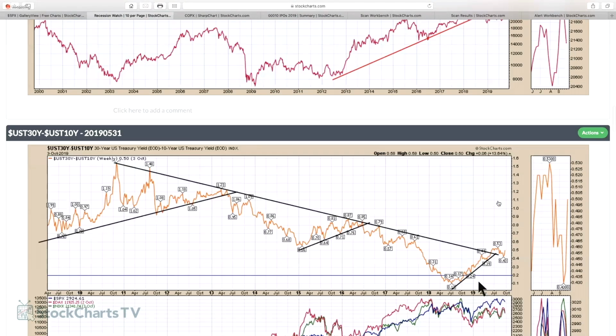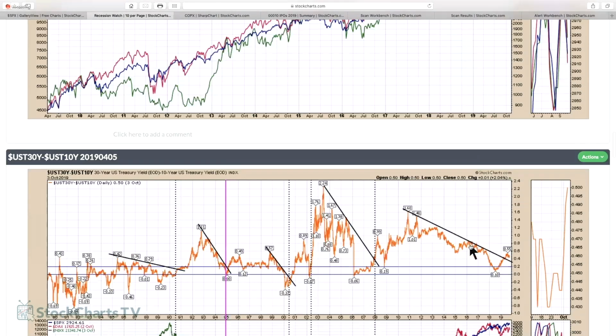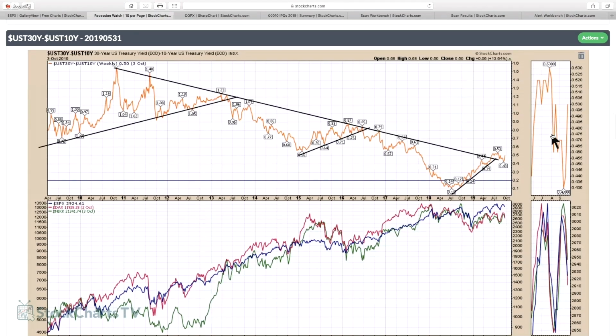I'm just going to speed through those. There's no real data here, but what we were looking for was a break in this big downward trend line, and this starts to spike up, and you can see it had a pretty good move this week. I would really need to see that repetitively move up in order to think we're starting to drop very quickly. You can see on the 30 minus the 10,